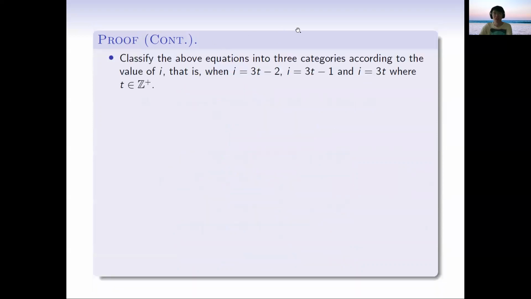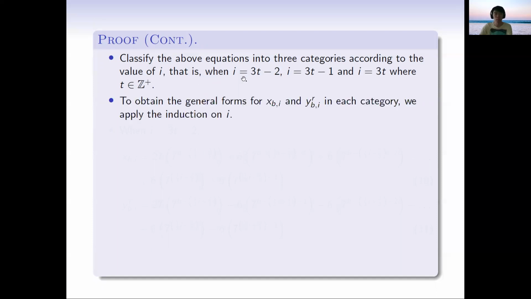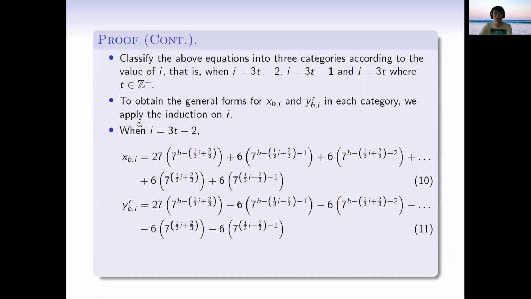And now we have three different cases here. This is when i equals 3t minus 2, 3t minus 1, and 3t, where t is any positive integer. And in order to obtain a general formula for x_b_i and y_r_b_i, again, I'm going to apply induction on the value of i. For example, when i equals 3t minus 2, by induction on i, we obtain these two